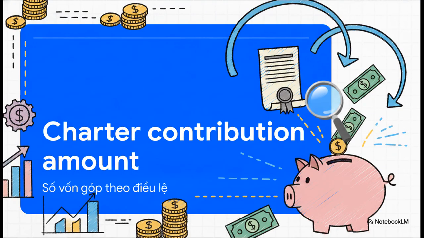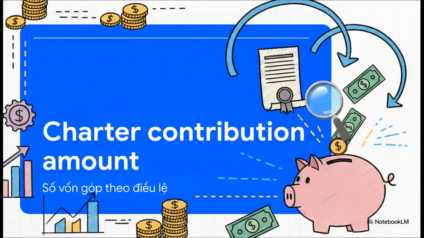Now, when that general meeting of shareholders actually decides to start the business, they need foundational money. We call this the charter contribution amount. Let's repeat that. Charter contribution amount. This term refers to the precise initial capital that the shareholders officially agree to put into the business to get